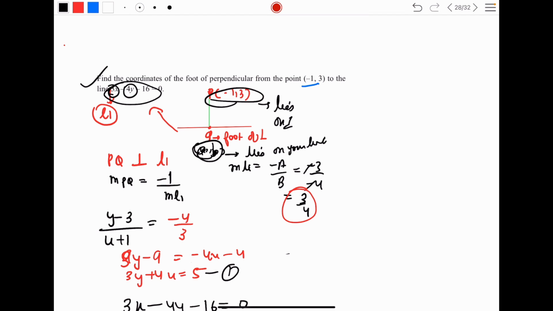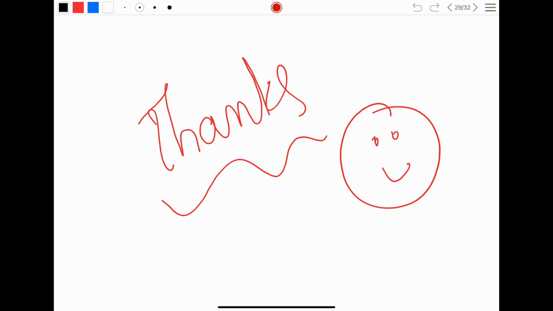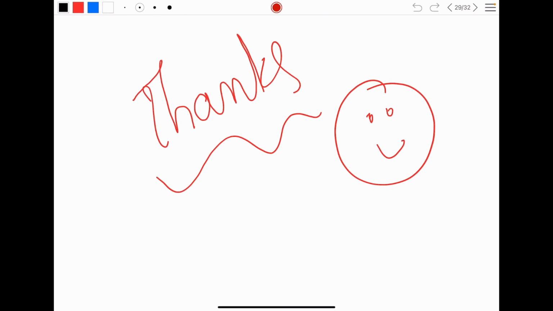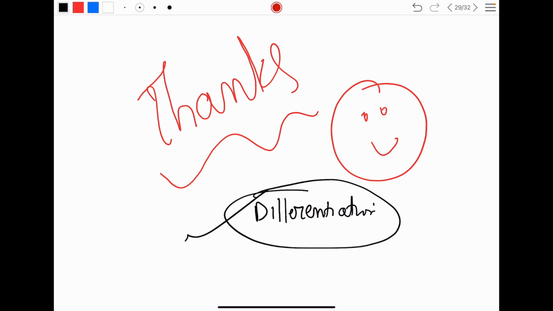The next chapter that we will be doing in this series is going to be differentiation. Basic tools of differentiation that we need to understand for different mathematical aptitude tests. In detail we will be doing differentiation and covering it as well. Even 11th class students can watch it because it's going to be a very important, introductory level of differentiation, which is sufficient for the exam.